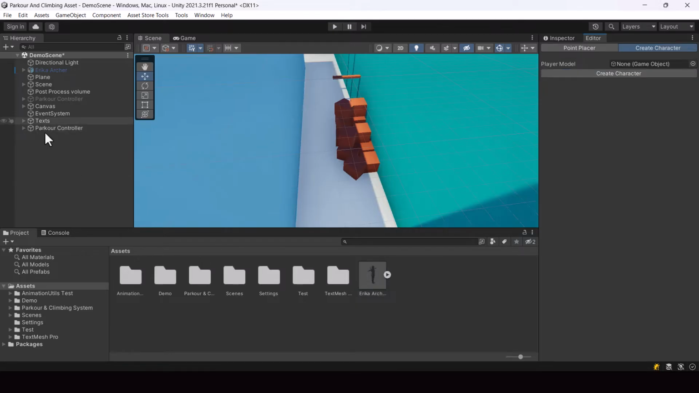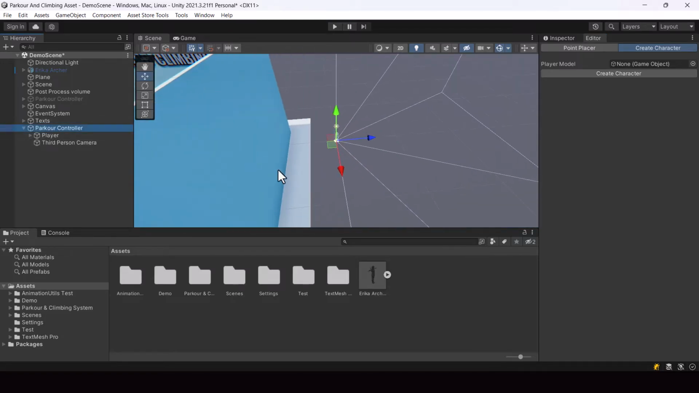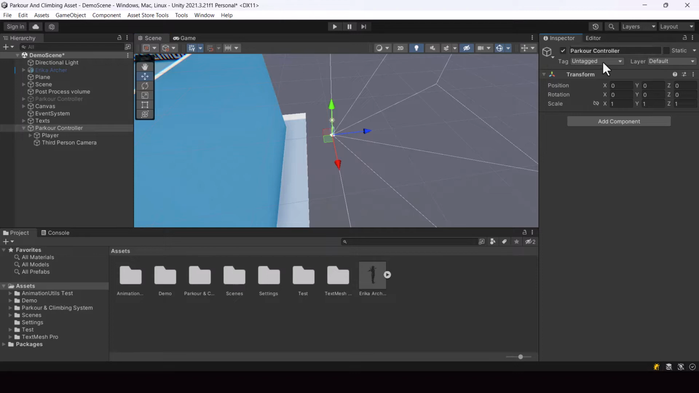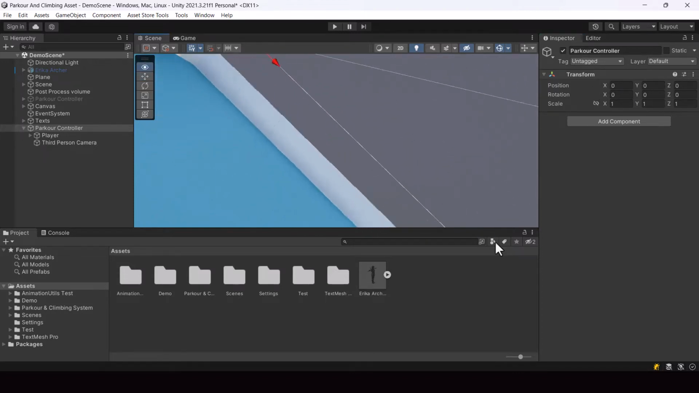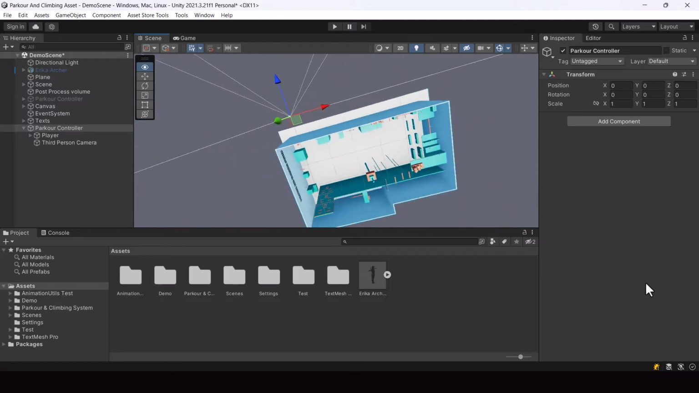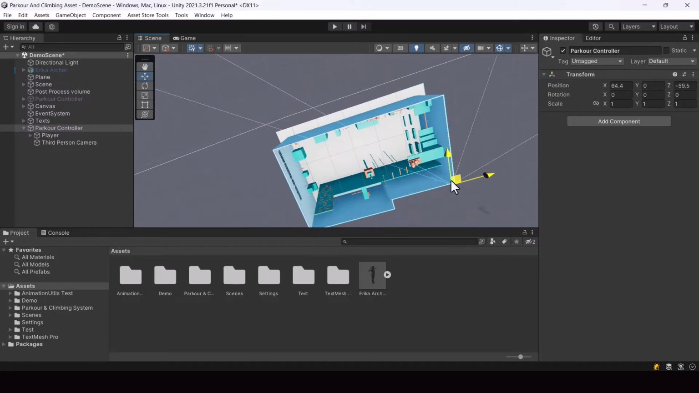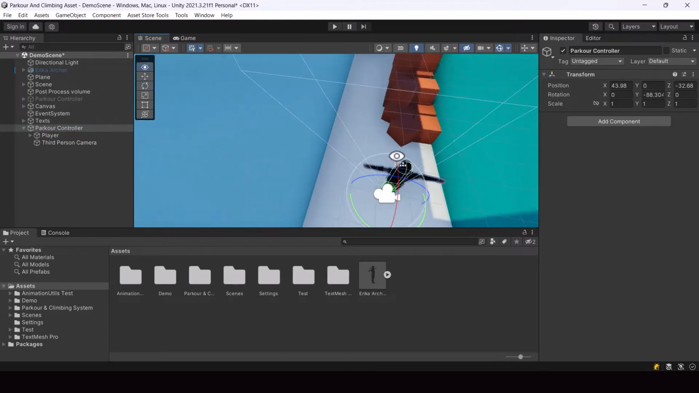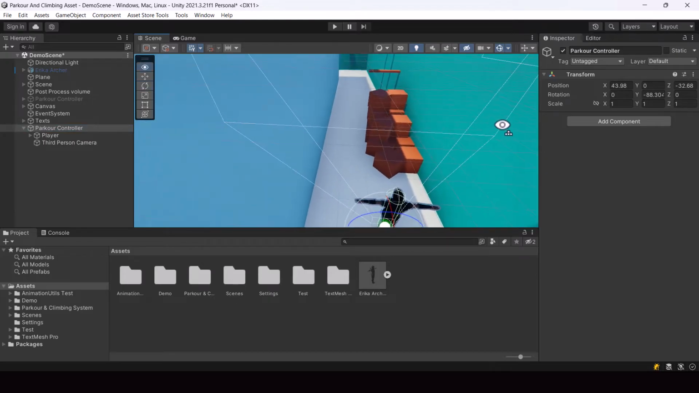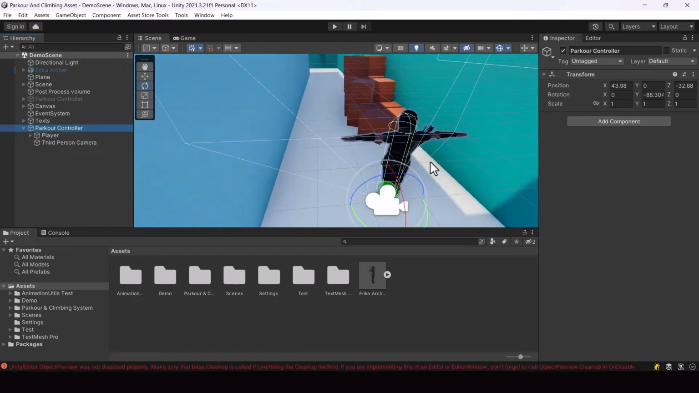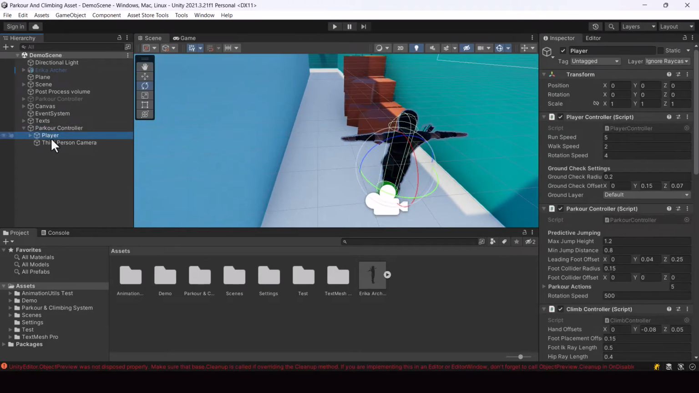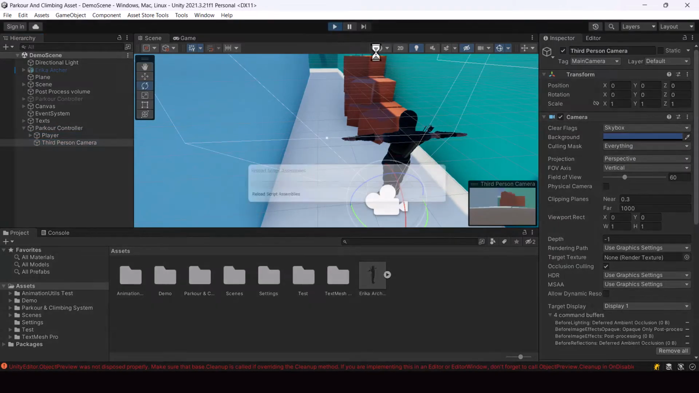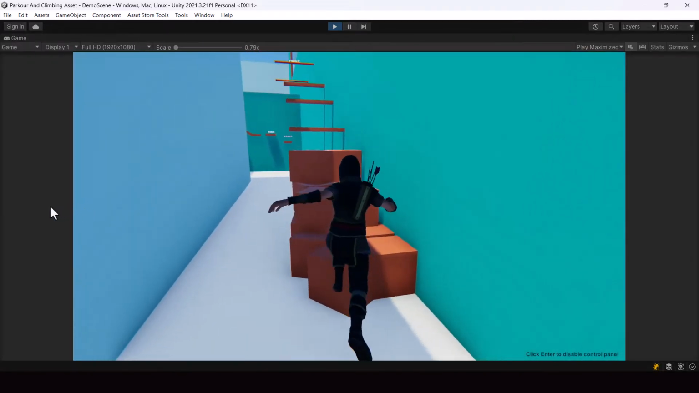And when I clicked it, it created a game object called Parkour controller for us. So right now it's created at 0, 0, 0 position. So I'll have to bring it to the start of the level. Let me do that really quick. All right. So we have created our parkour controller, and now if you run the game, you can see that